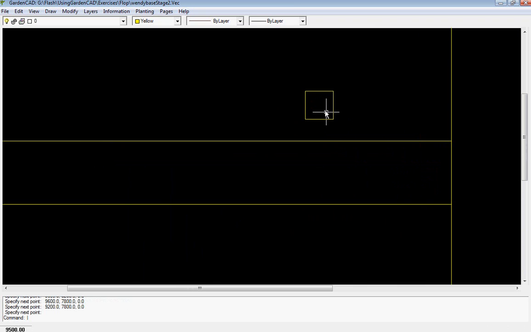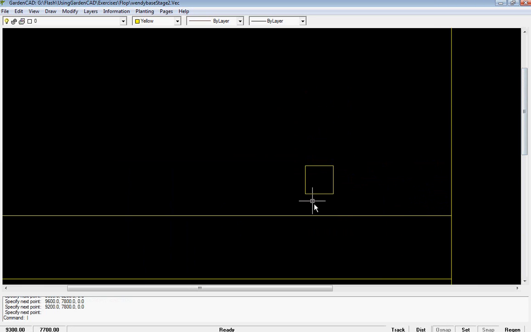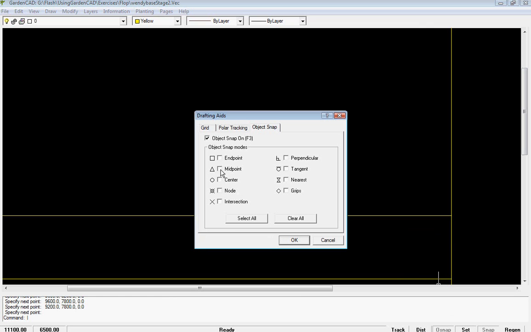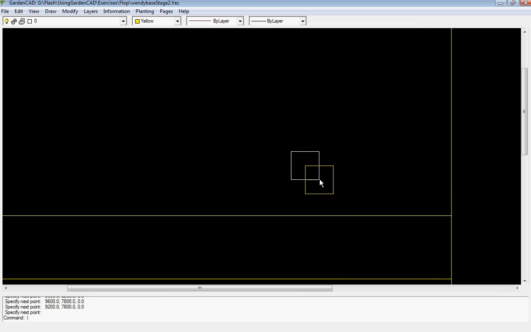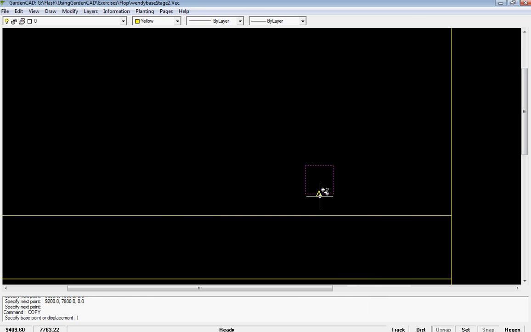I'll zoom in now on one of those pavers and I'll pan up a little. I've drawn a single paver, 400mm by 400mm. What I'll now do is copy that paver to make a whole slab, and then I'll move it down into position. And that's done, again, by setting our O-snaps. We'll set midpoint here. And if we wrap a box around there, we can right click and copy, pick up by the midpoint of that line, and as we slide up, you can see we click